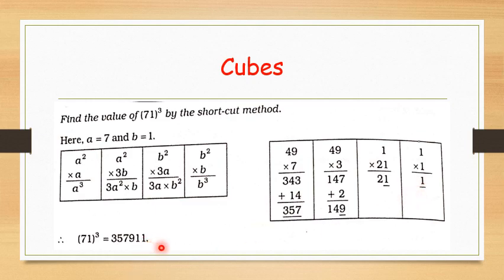so we have to just copy here 1. Then from the first digit of the second column, that is 1, add the remaining part to the third column, so 147 plus 2 becomes 149. Then write down the first digit of the third column, that is 9, and add 14 on this 343, you will get 357. Now just take that 357 completely and your number becomes 357911, which is the cube of 71.